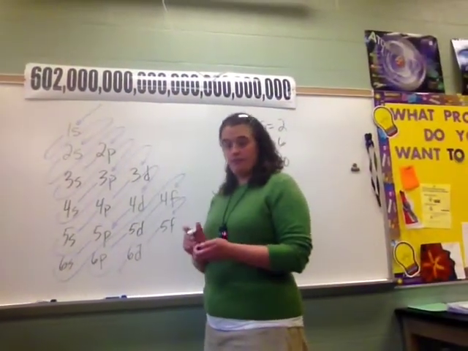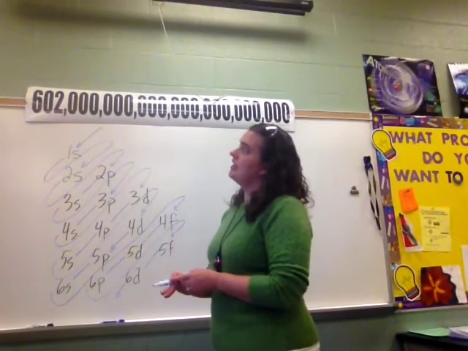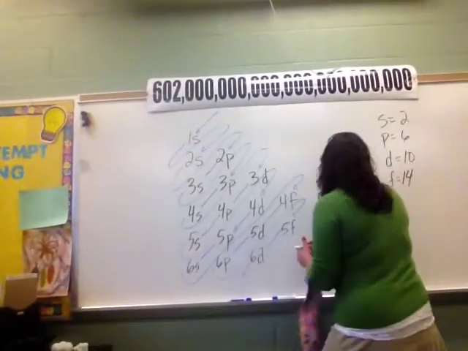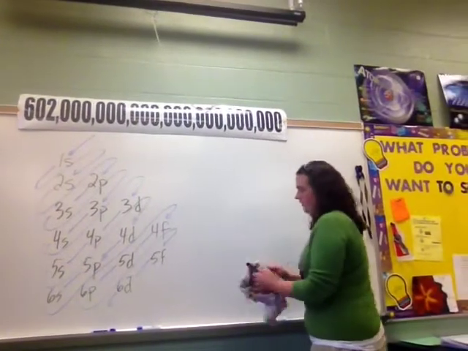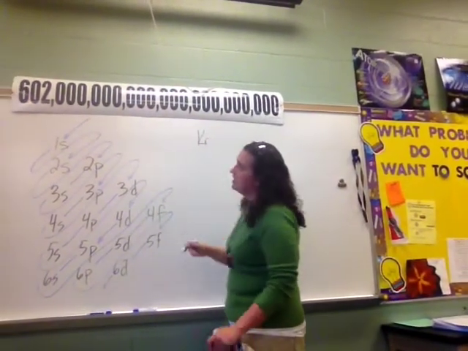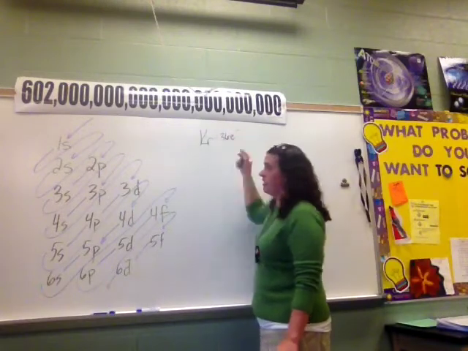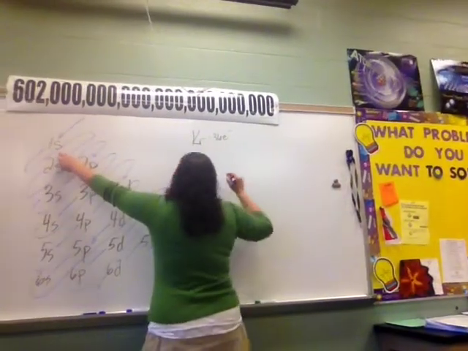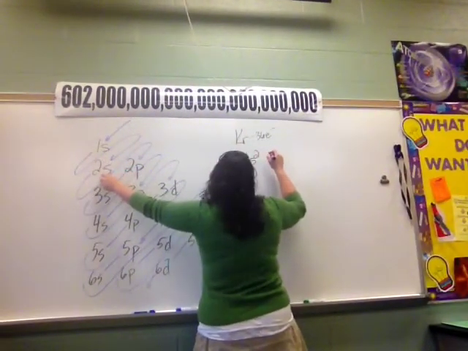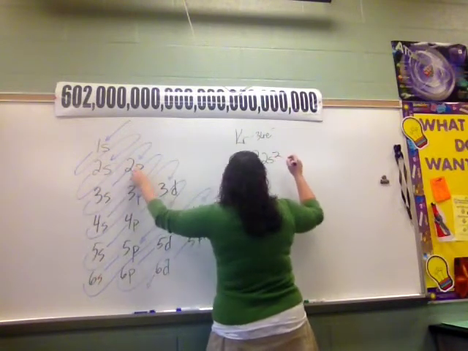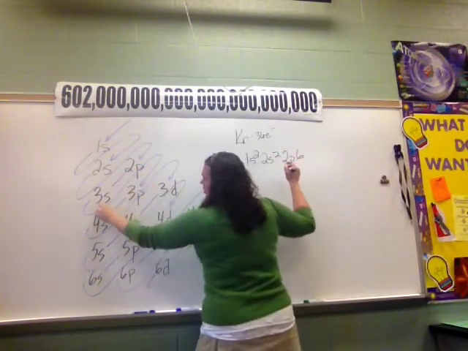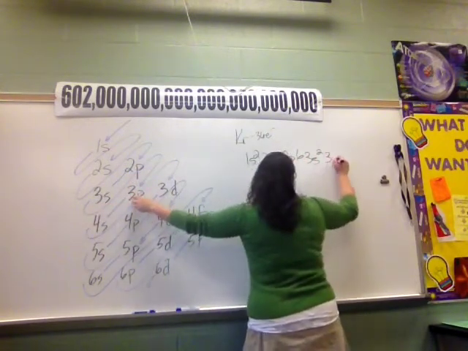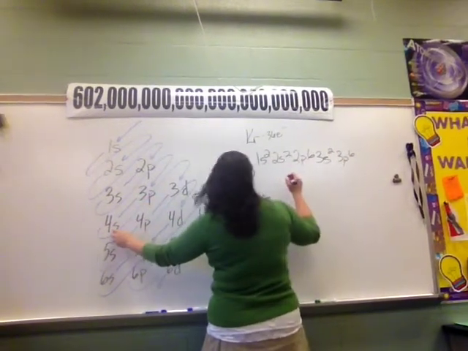So let's try this. Okay? We're going to go with, let's try krypton. Krypton is Kr. It has a total of 36 electrons. So I need to do 36 electrons. So here we go. We start here. 1s2, 2s2, curl back around, 2p6, 3s2, curl back around, 3p6, 4s2,